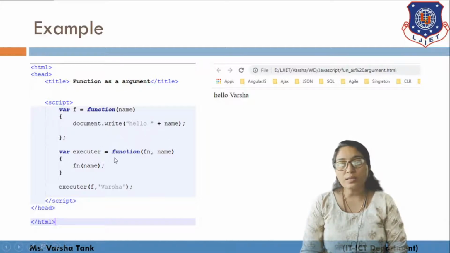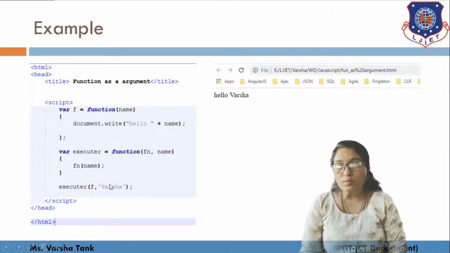Now variable executor is equal to function with fn and name. Suppose you call executor f Varsha. What will happen? Hello Varsha. Why? Because this function and this argument Varsha will be passed here as fn and name.